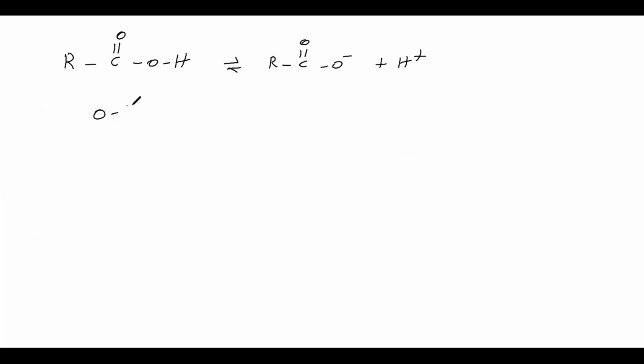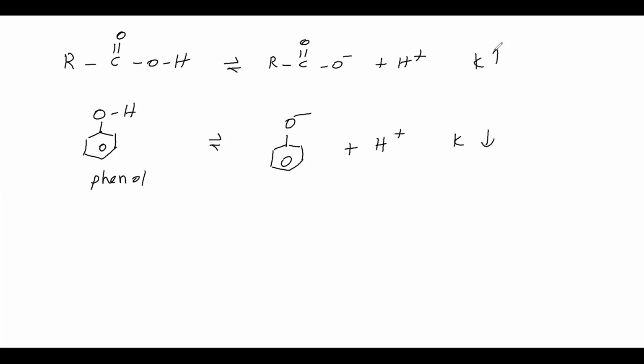Then we will take phenol. We are taking phenol like this. It is giving H plus and becomes phenoxide. For this the equilibrium constant is less. For this the equilibrium constant is high. Therefore, it is having higher stability. It is having lower stability. So that